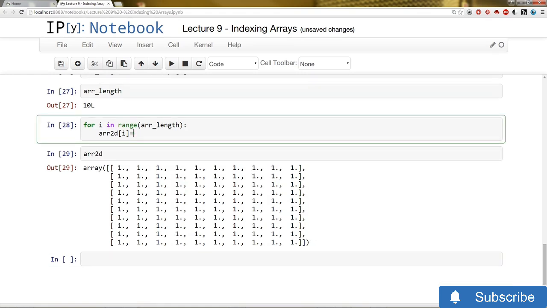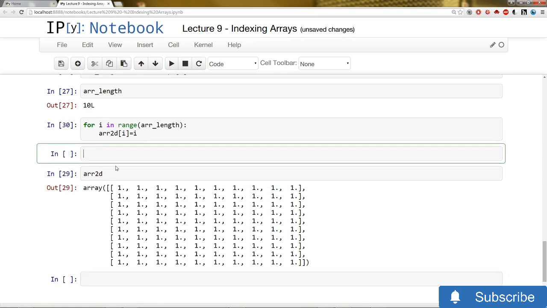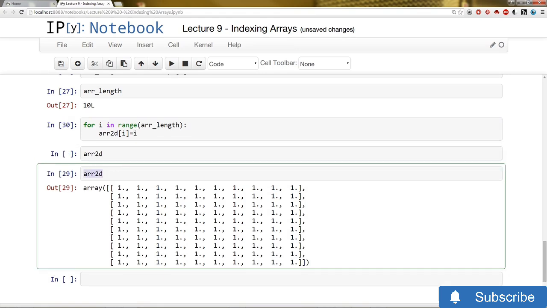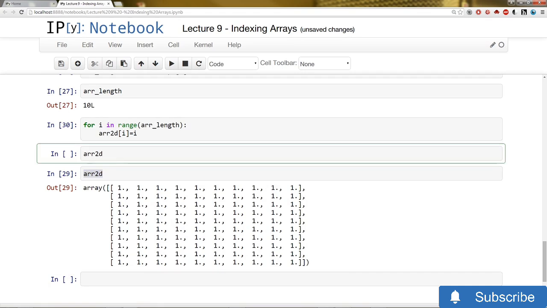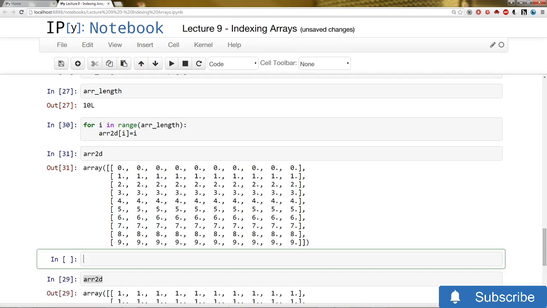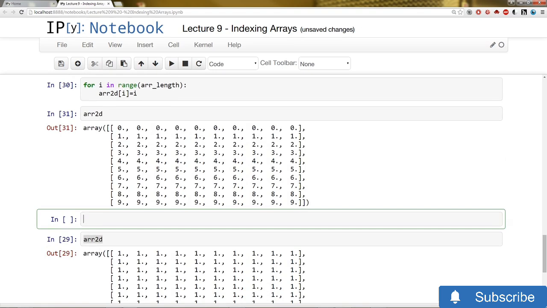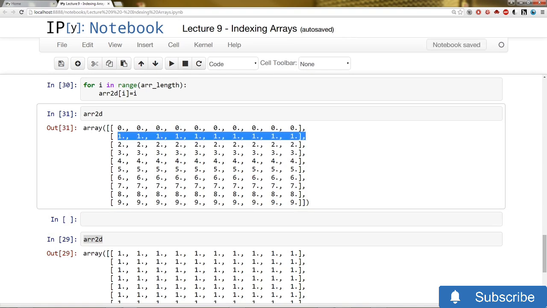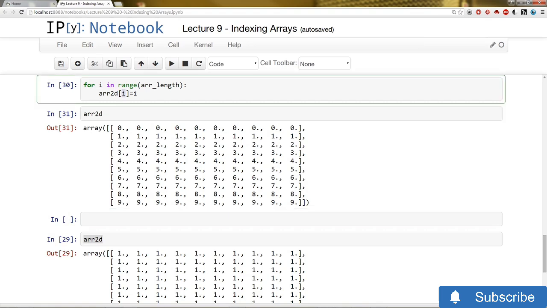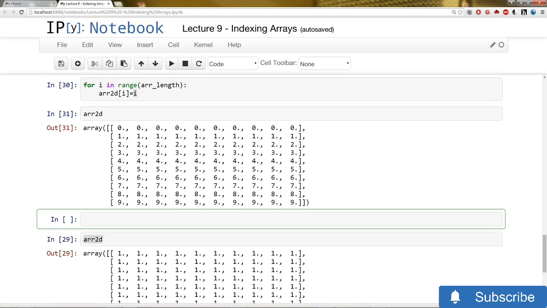What if I said equal to i? Now let's go ahead and see what happened to our array. Go ahead and think about what this should look like before you check it. Hopefully you thought about it right and you got 0, 1, 2, 3, 4, 5 all the way to 9, and then everything across is yet the same. So we only change those across the rows themselves. So every row, every value in that row equals that count number. Okay,